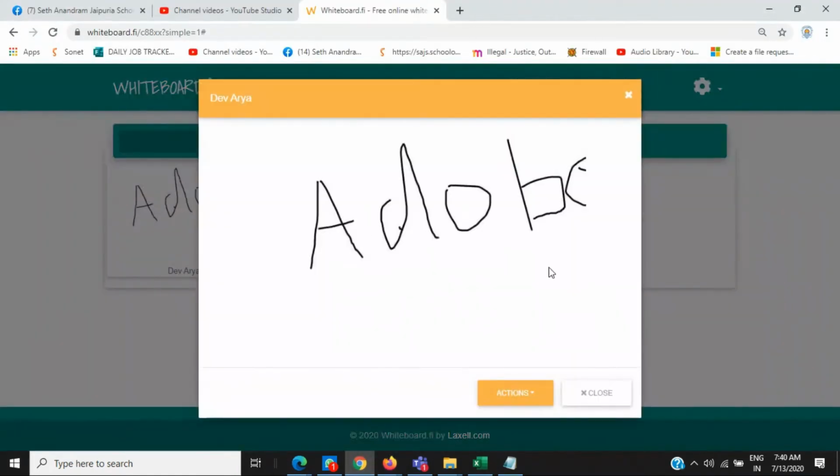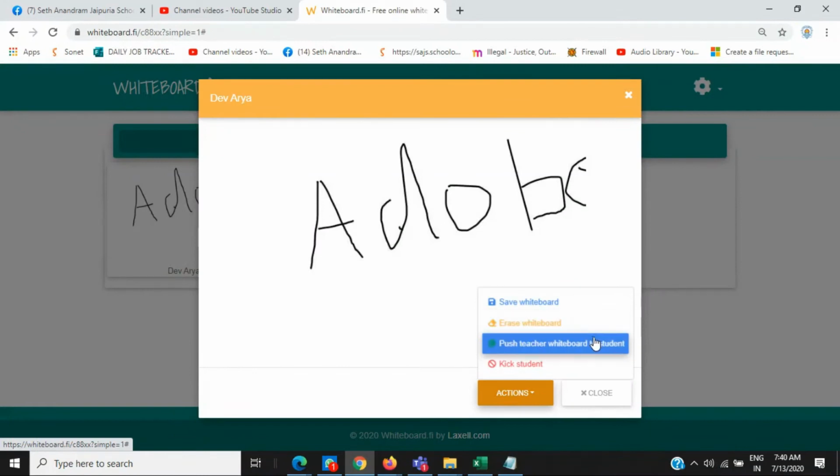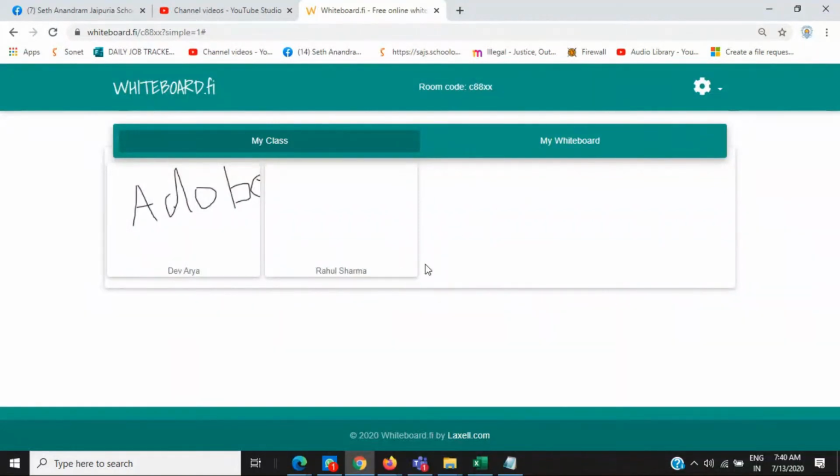One of the students typed this. So what we can do is save whiteboard, erase whiteboard, or push teacher whiteboard. We can also stop the student, and we can remove the student. We just kick the student so he is removed from the meeting. So like this, we can use the whiteboard in a very easy way.